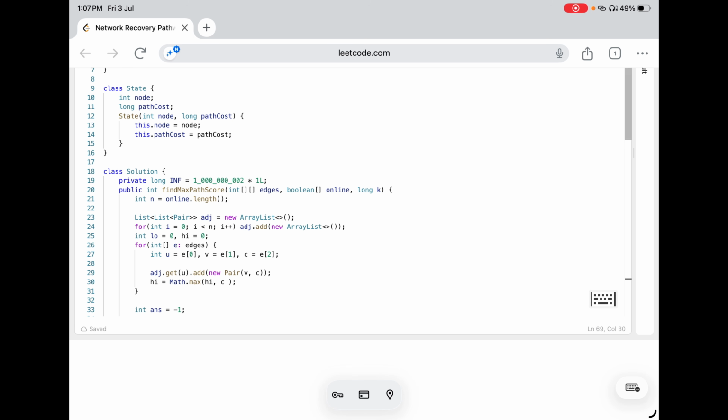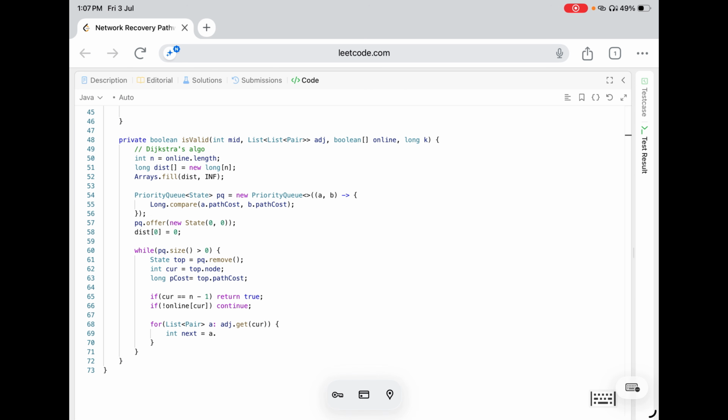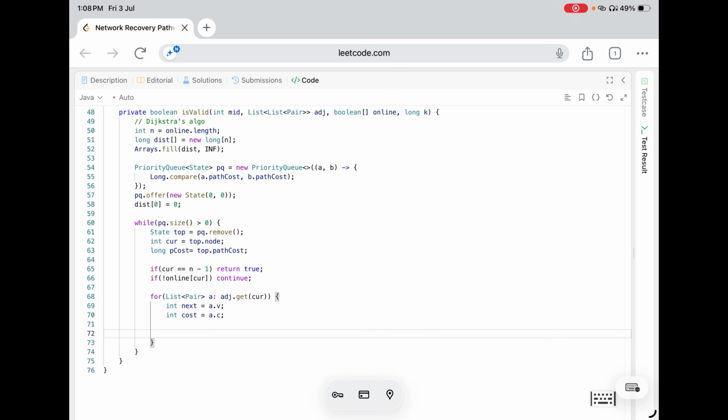So we defined this node V or C. We have defined V comma C. So we have A.V basically, and the cost equals A.C. Next we have to check if this cost is less than mid. If it's less than mid, we don't want this, right? We'll skip it. Otherwise,